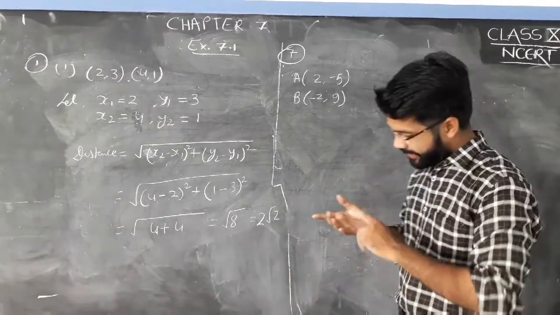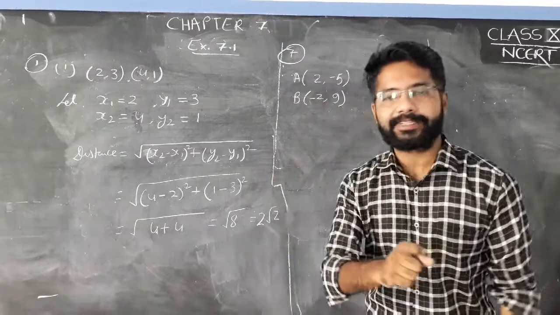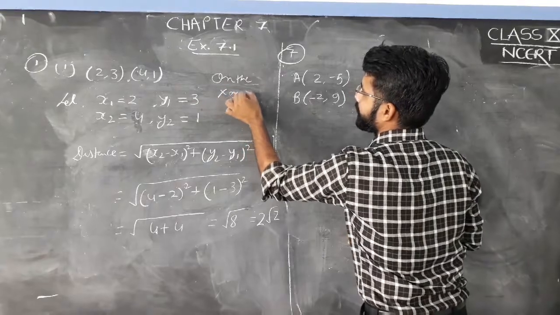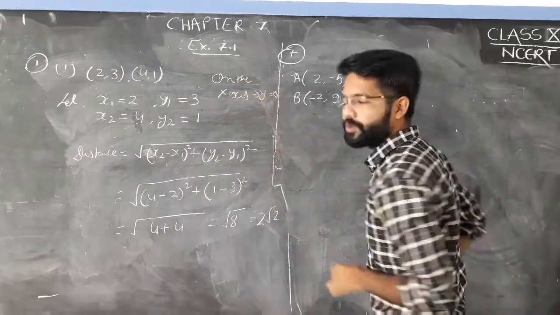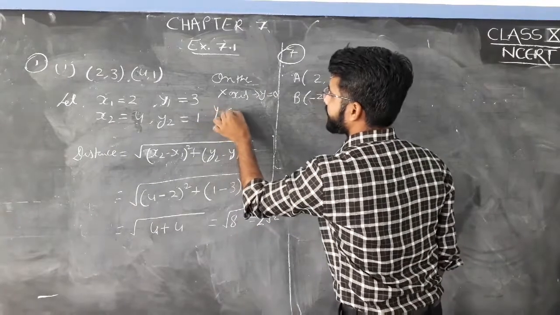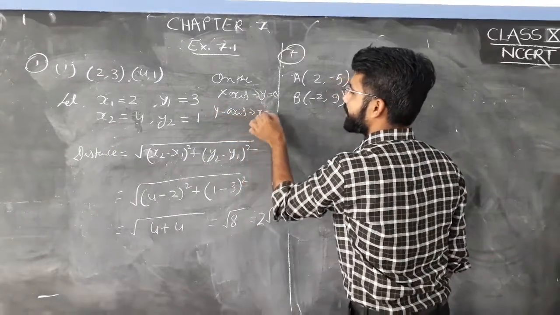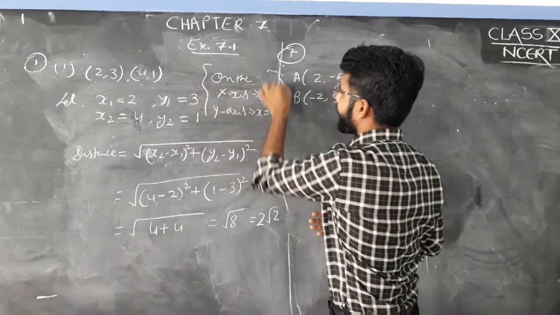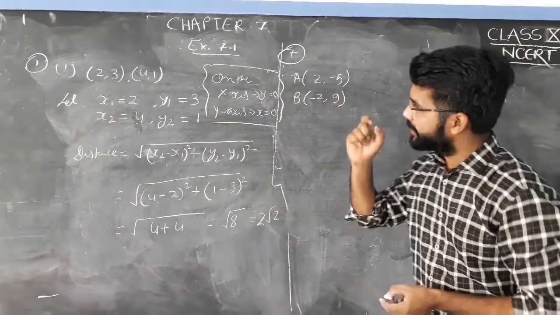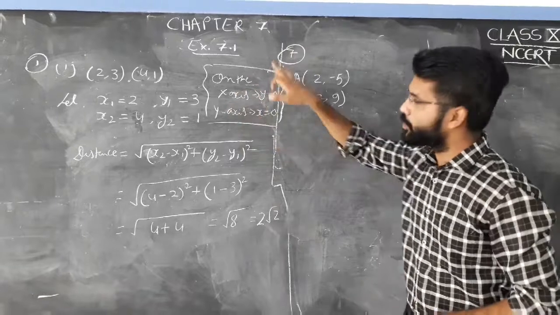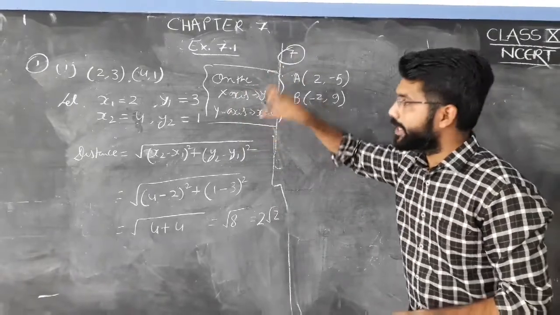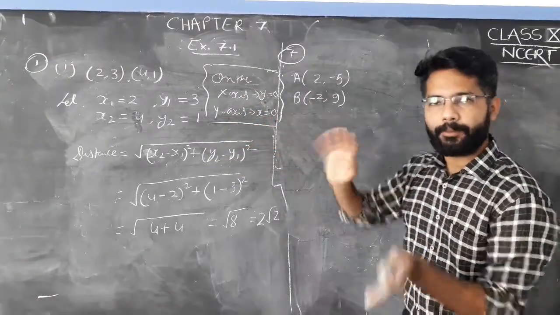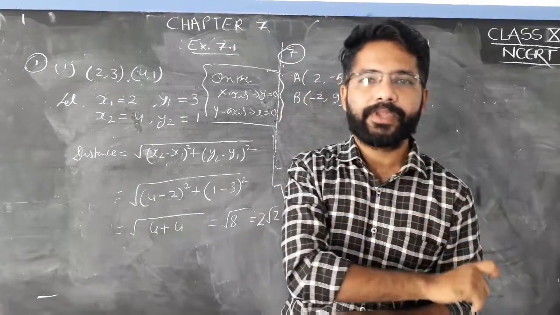Find the point on the x-axis. If in the question it is written on the x-axis, then y will be 0. If it is written on the y-axis, then x would be 0. x-axis पे y 0 होगा और y-axis पे x 0 होगा. This important thing you should keep in your mind. You have to take the opposite of each.